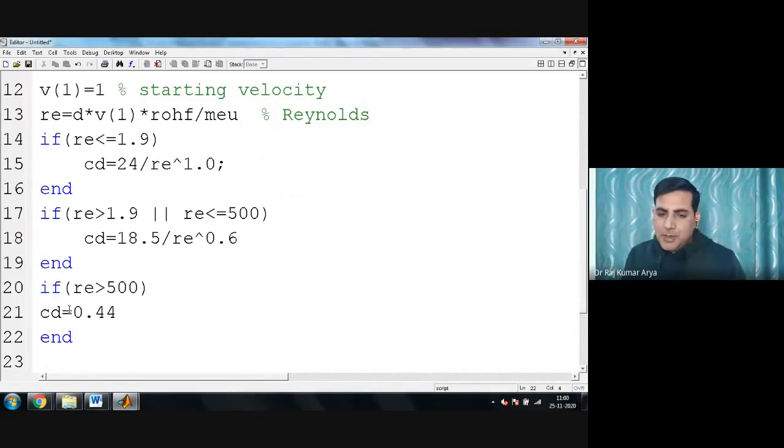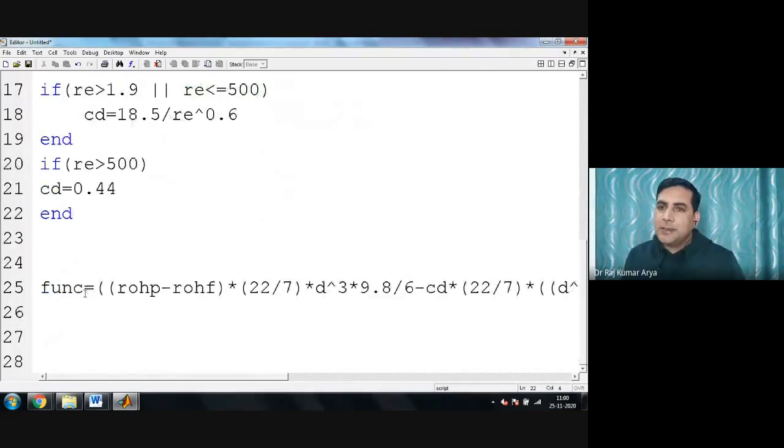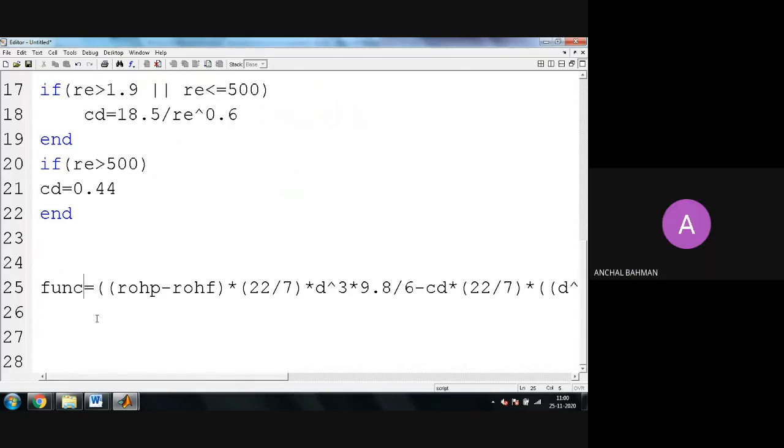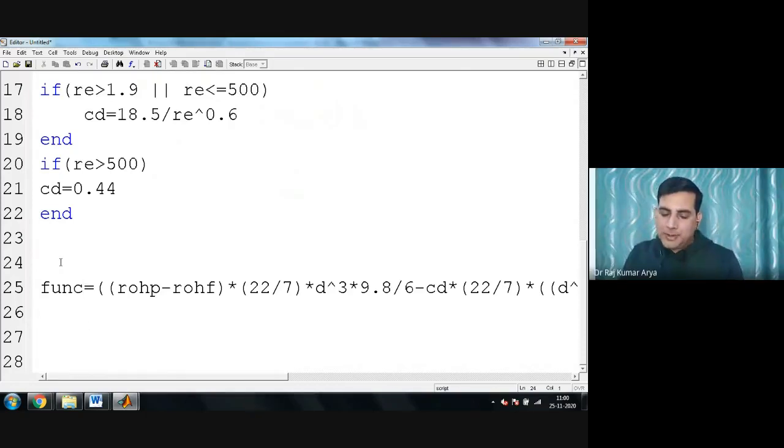Okay, sir. Somehow I will get from here CD. So once I know the CD, I can substitute here and then I will get your function value, right? Correct or not? Yes, sir. For that I need a loop here now. So I am putting here a for loop. For let's say I equal to, I am just putting 2. I don't know how much iteration it will go, so I can put let's say maybe 1000. I don't know actually.